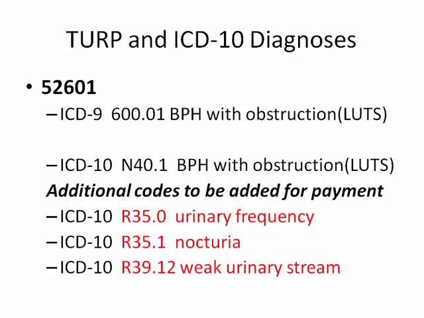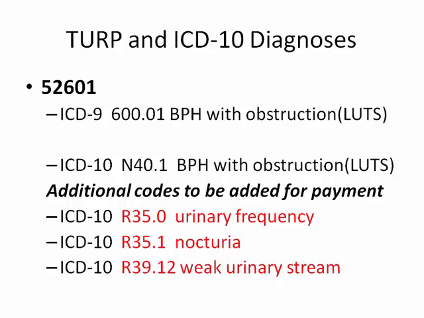Now, before October 1st, 2015, when we billed the code 52601, our ICD-9 diagnosis was usually 600.01 BPH with obstruction and LUTS, and that was all that was required to get reimbursed for the TURP. Now, after October 15, 2015, one billed